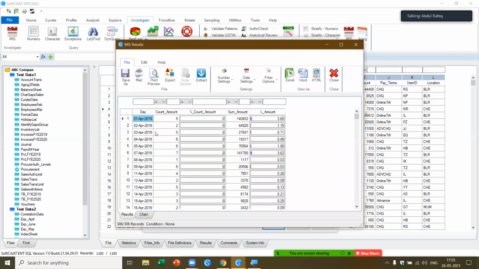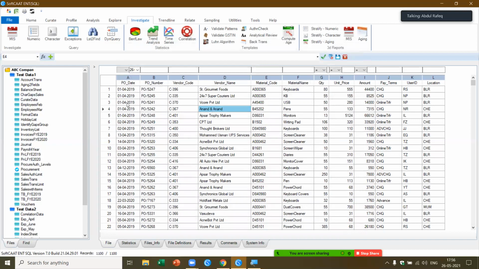Now this gives me the sales as per each day of the month. Now I want to know on which day of the year the sales is the highest. I just do a single click here. I'll be able to find out based on the sum on which day the sales is highest. Let's look at 7th April, maximum sales has taken place. Using this, I can also find out whether they have done any window dressing on any of the days. So this is how I can perform various types of functions based on this particular type of data.